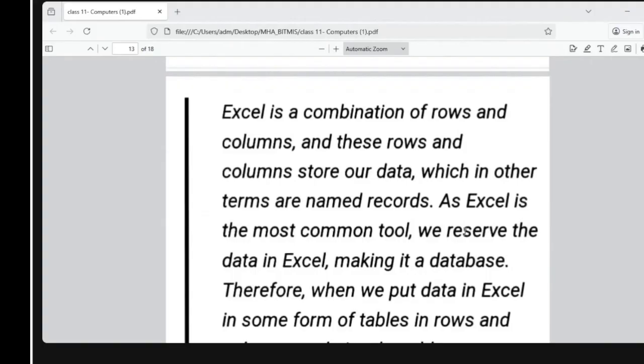What is a database? A database is a collection of data where you collect the data in some predefined format. This is called the database only. The definition of a database is to collect the data in some normalized form or in some order, in a particular format. You have to store that data. This is called a database. So in this way, you can say that I have created my own database, right?